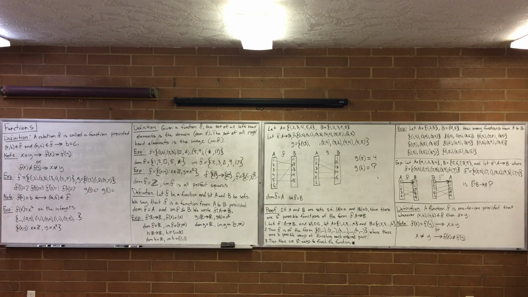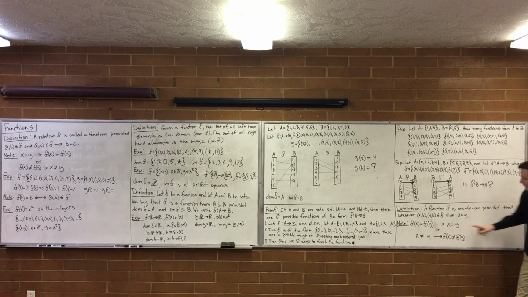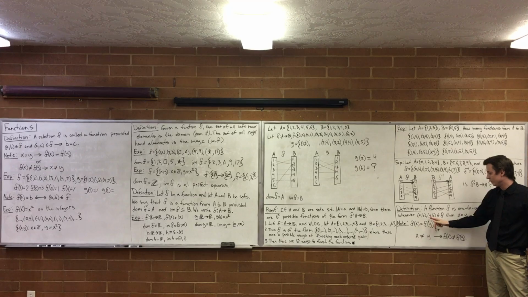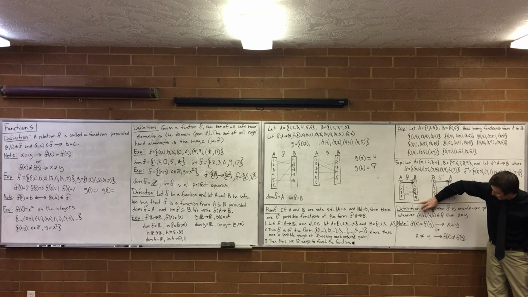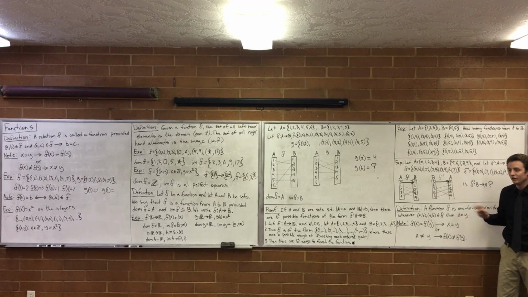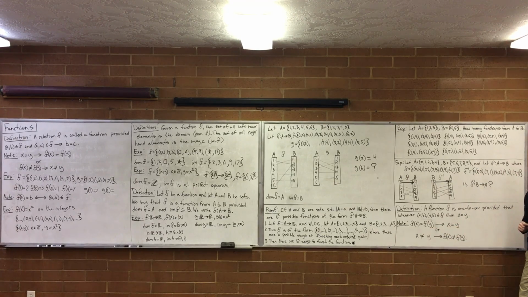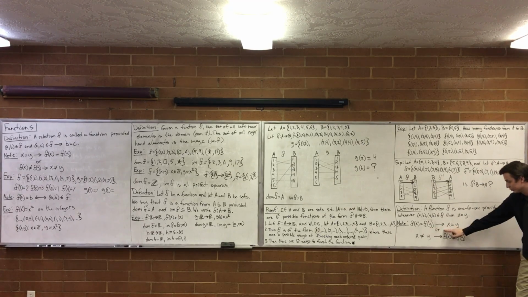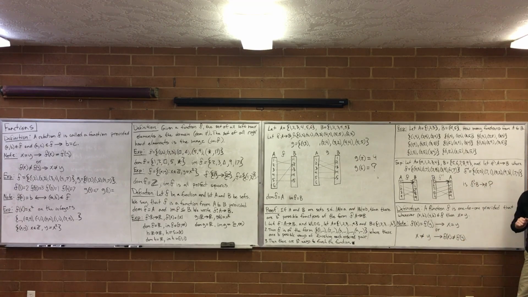Okay. So a function f is one-to-one provided that whenever (x, b) and (y, b) are in the function, then x equals y. In other words, if two things go to the same output, then those things were actually equal. I don't like that way of thinking about it. Here's how I like to think about it. If f of x equals f of y, then x equals y. Or, the contrapositive, if x doesn't equal y, f of x doesn't equal f of y.